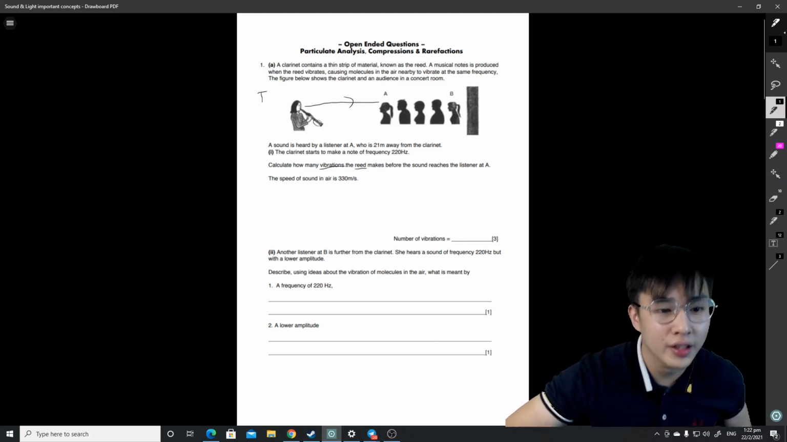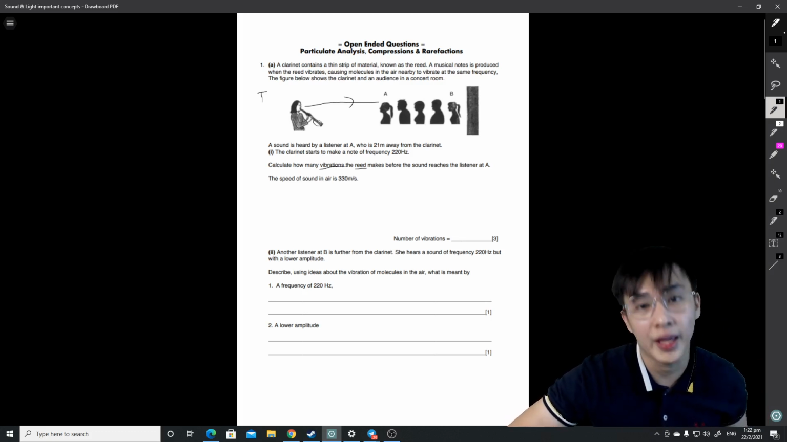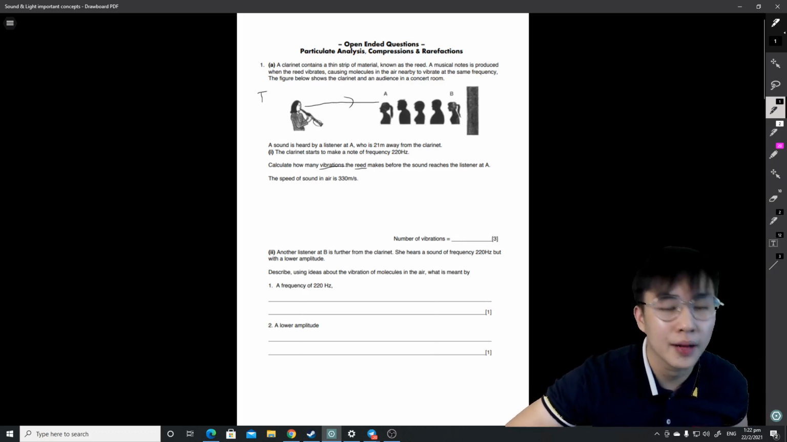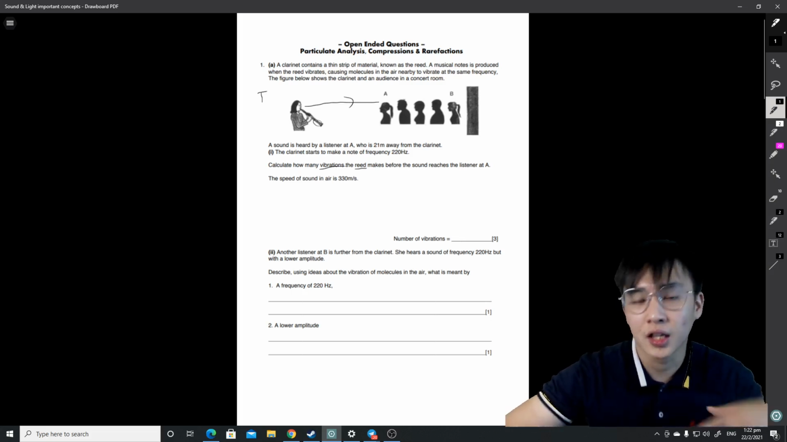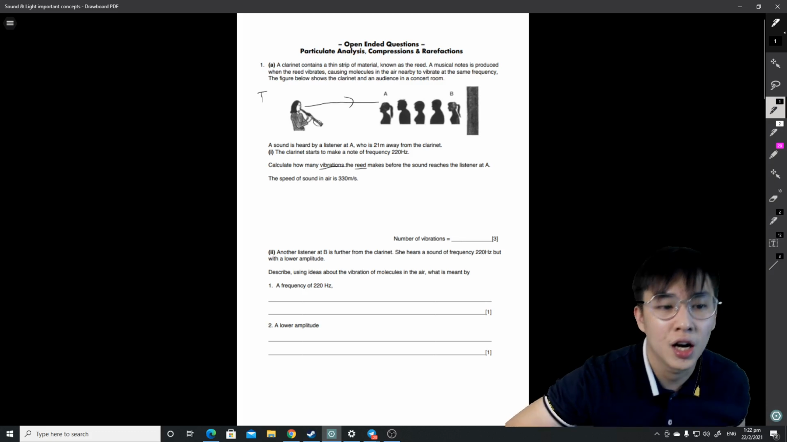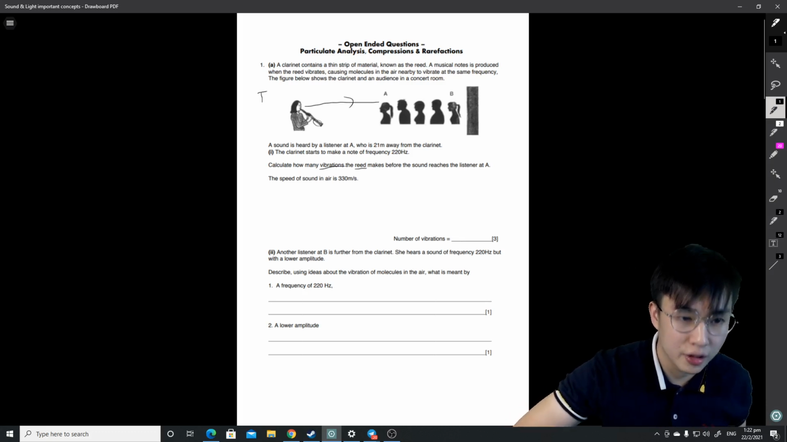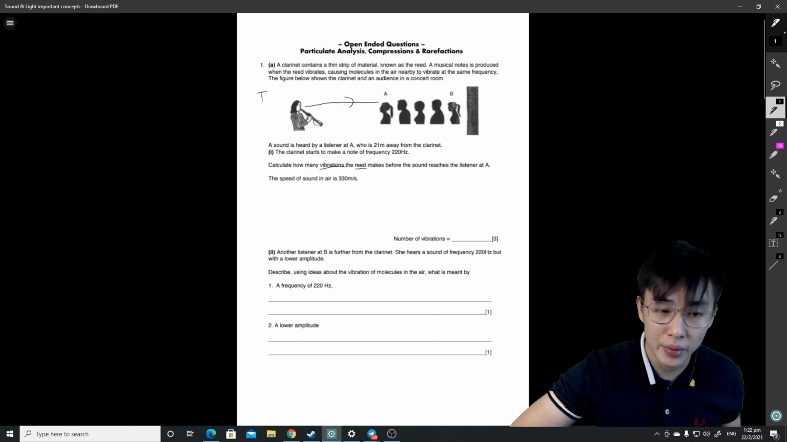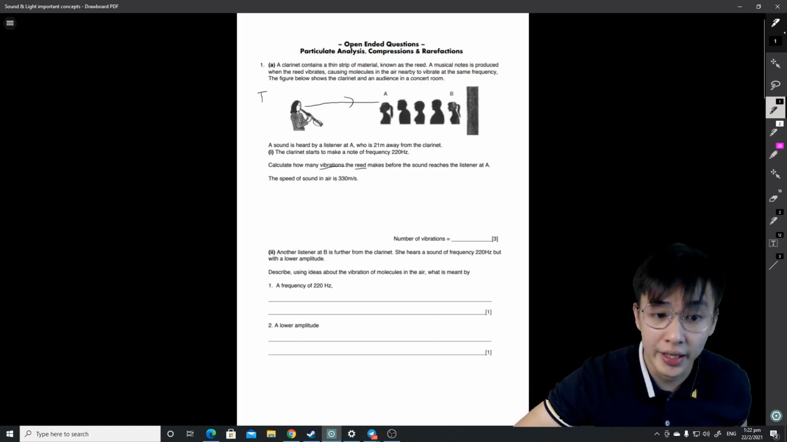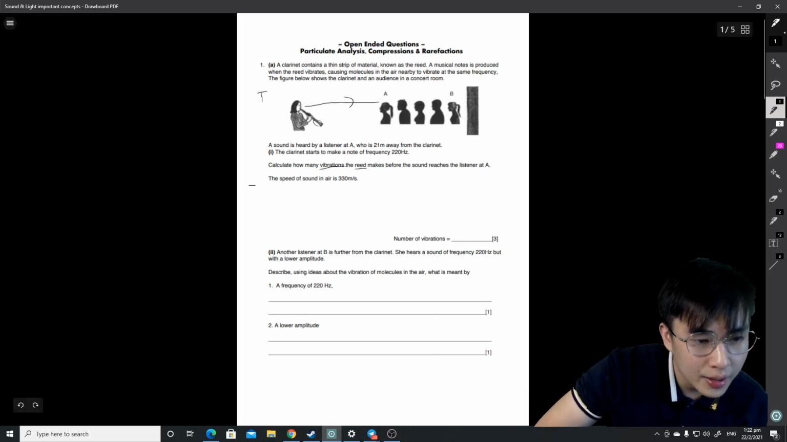Then to find the number of vibrations, you take the time taken to travel to A and divide that by the time for one vibration. Makes sense, right? Because then you can get the number of vibrations that the reed as well as the air particles inside will make before the sound finally reaches A. So let's figure it out. First things first, let's find the time taken